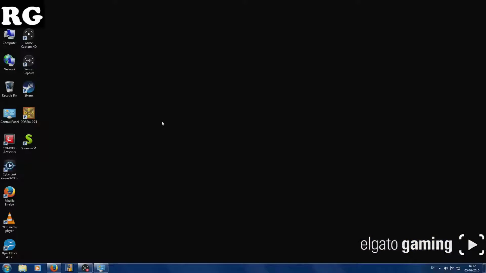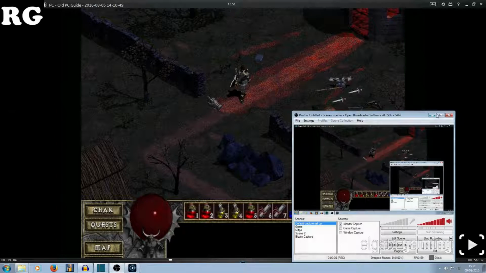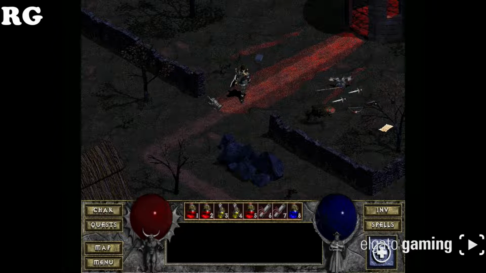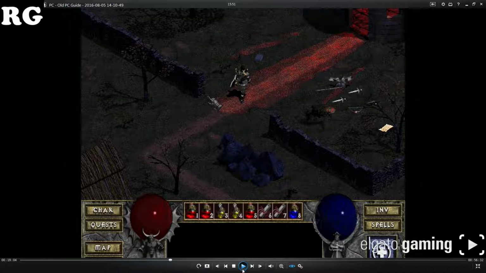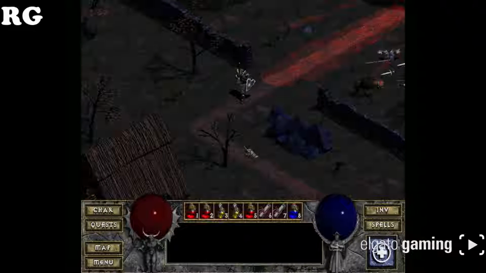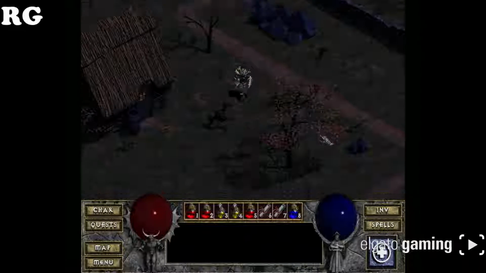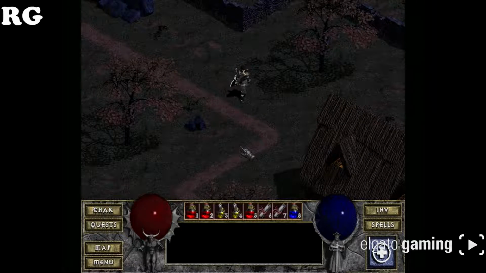So apologies that Diablo is in widescreen, but the raw footage captured from the Elgato was in 4:3. So of course, seeing as I want to actually show you what the raw footage looks like, I've decided to do another capture of the raw footage. Straight after this footage, I'm going to show you a capture of the raw footage while being played back on video. It's effectively a capture of a capture,